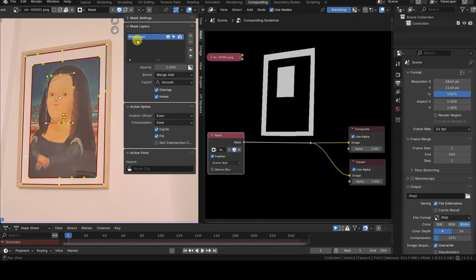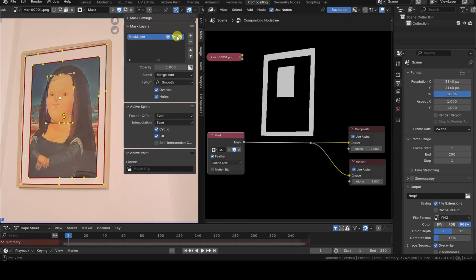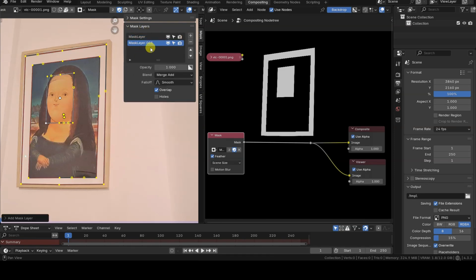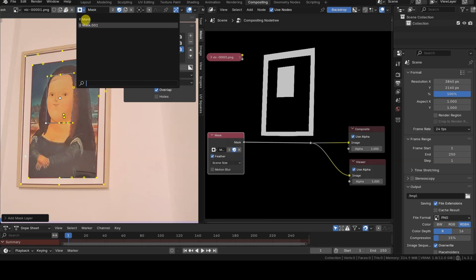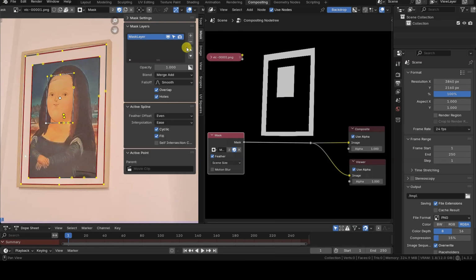Before moving on to the third and final topic of this tutorial, let me point out that the mask layers listed in the panel of the same name are not the different mask objects you can create in a project. In fact, a project can contain multiple mask objects, and each mask object can have one or more mask layers, which, a bit like scene view layers, have their own selection and rendering settings. That said, this is an introductory tutorial, so I won't go into further detail here.